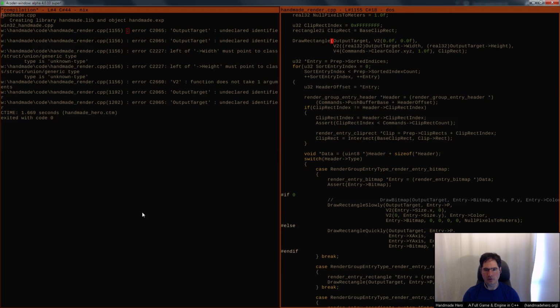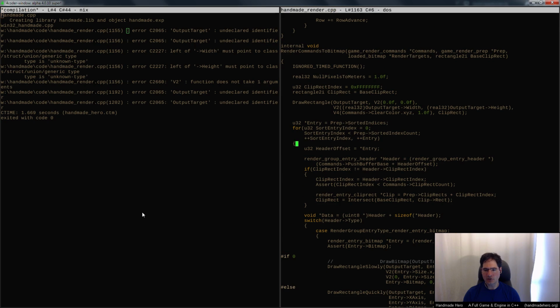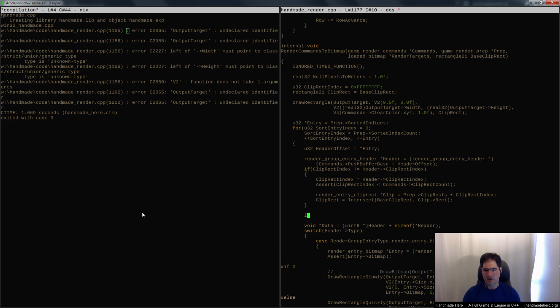All we now have to do is select the actual output target that we want from our cliprect. So we have a loaded bitmap. It's our output target. It's going to be render targets plus whatever the cliprect is that we're currently using.